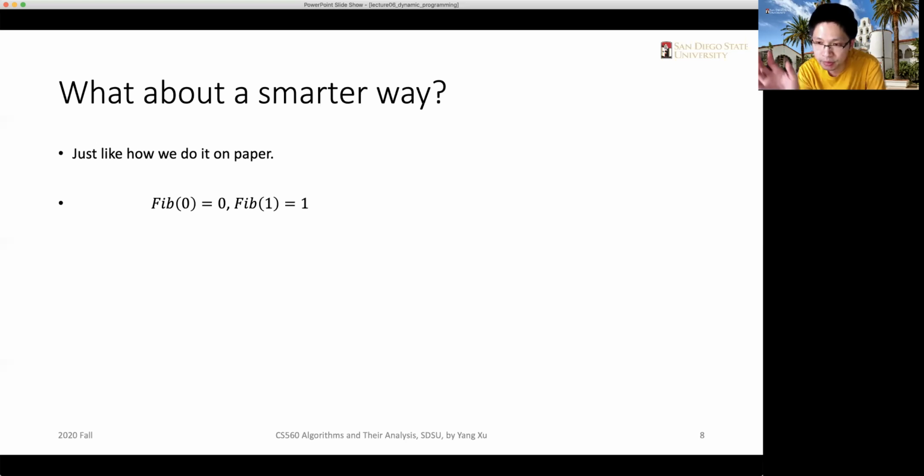And we simply take the first two, make the summation, and say, hey, I've got the solution to the third number, right? And what if we want to know the fourth, right? We will then simply take the second and the third and sum up the two numbers